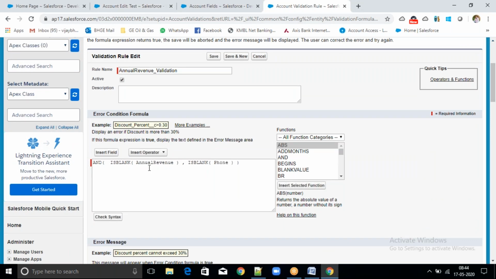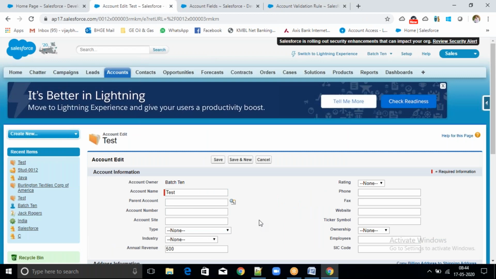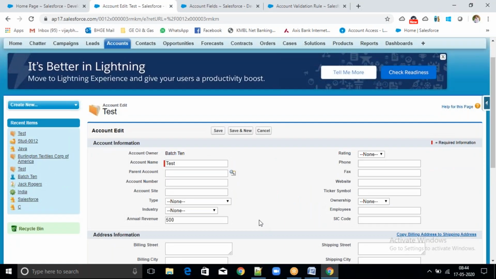So IsBlank of annual revenue, IsBlank of phone. Now I will save. Will it save or will it give an error?